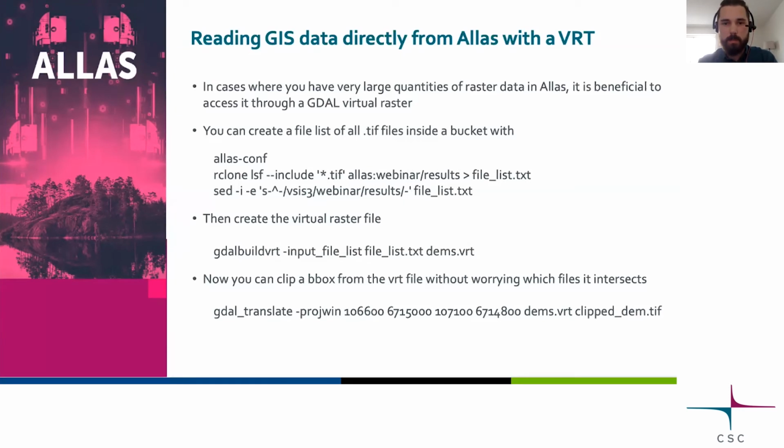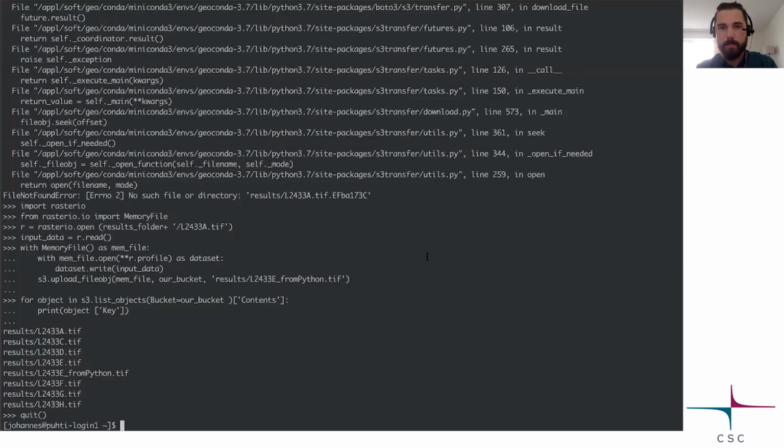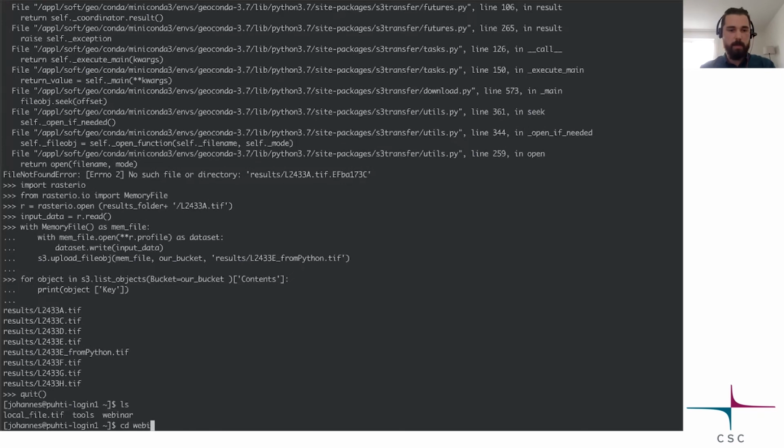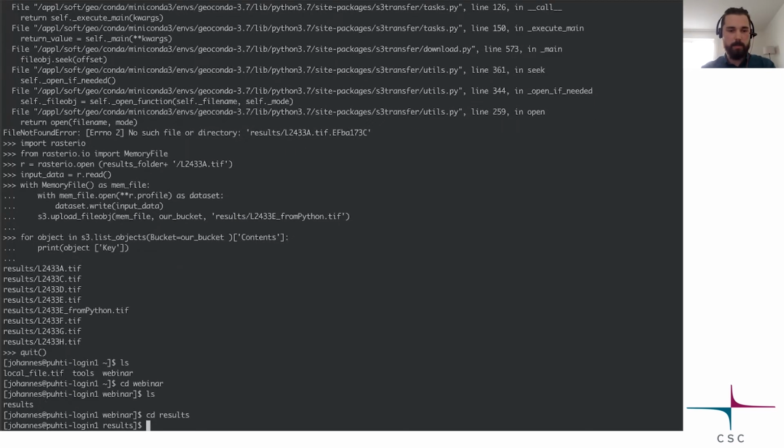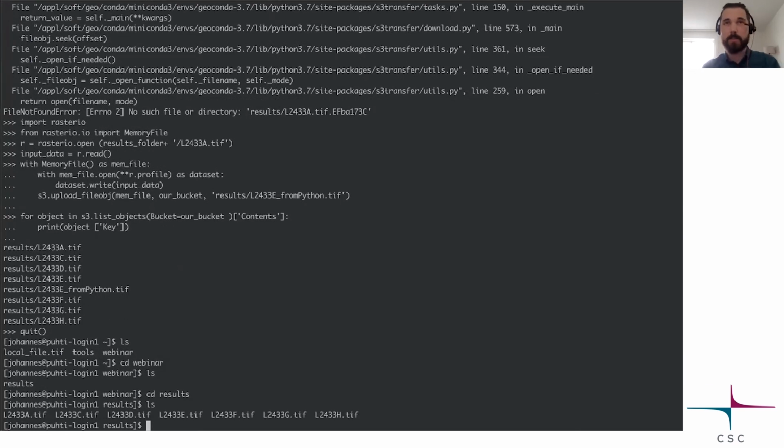I'll again switch to terminal. All right. We are here. Let's see what we have. We have a folder called webinar. In it, we have results. And there's our files. So if we want to make a virtual raster out of these 7 files,